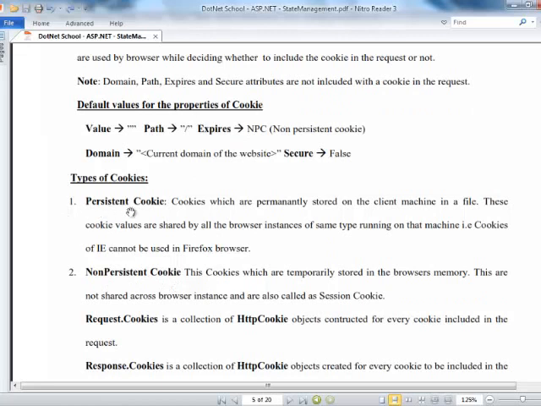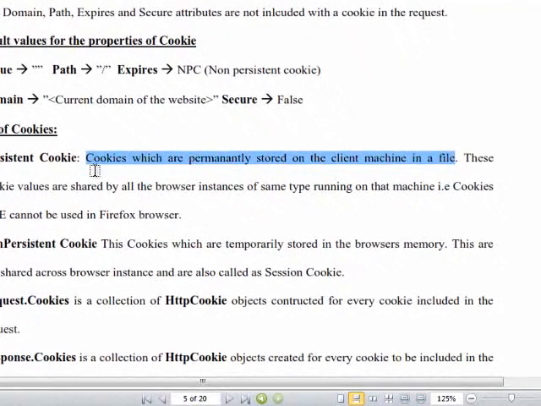Persistent cookie means a text file will be created within a client machine in some location. Some location will be the default location. Permanently in the sense, whether it is for 1 day or 2 days, we as programmers have the choice of how long that particular cookie file should be there on the client machine. I can say 1 second, 1 minute, or 1 year. If I say 1 year, until 1 year that information will be available on the client machine, unless the client deleted it or formatted the system.